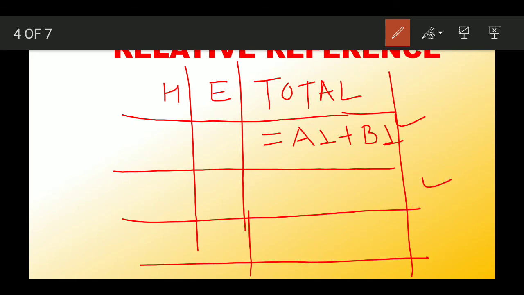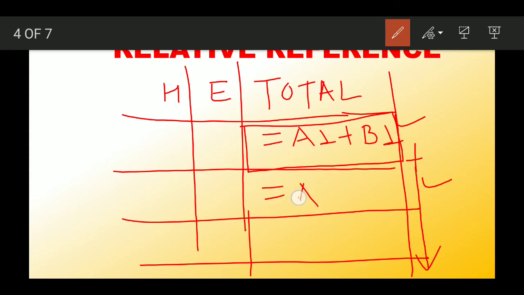or we can use the autofill feature. Just click over here and click on the plus symbol and then drag it in the downward direction. So this is autofill, and values will be changed according to A2 plus B2 here automatically, and the result will be displayed accordingly. Here A3 plus B3.